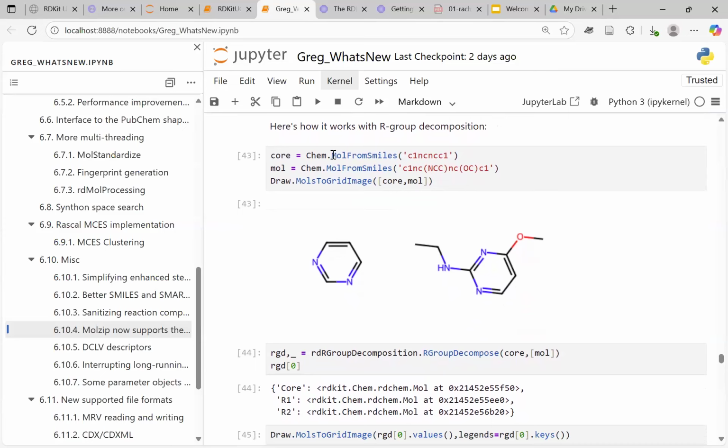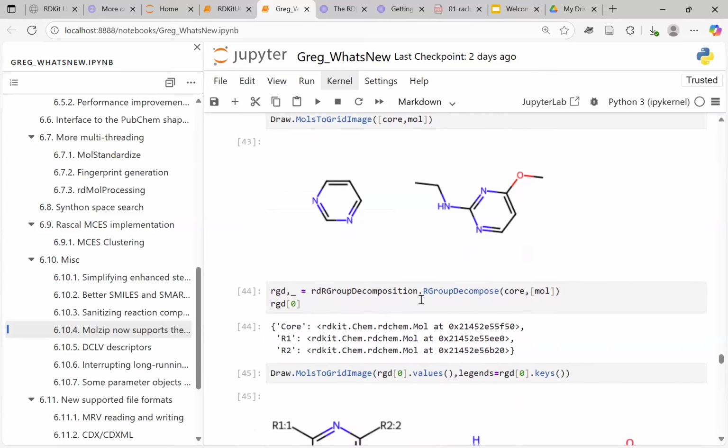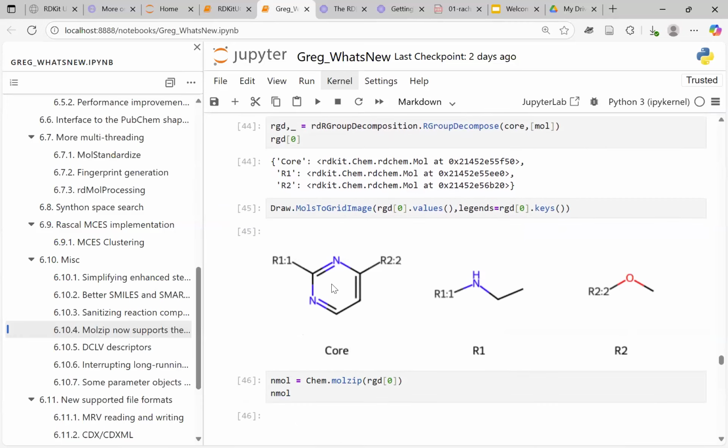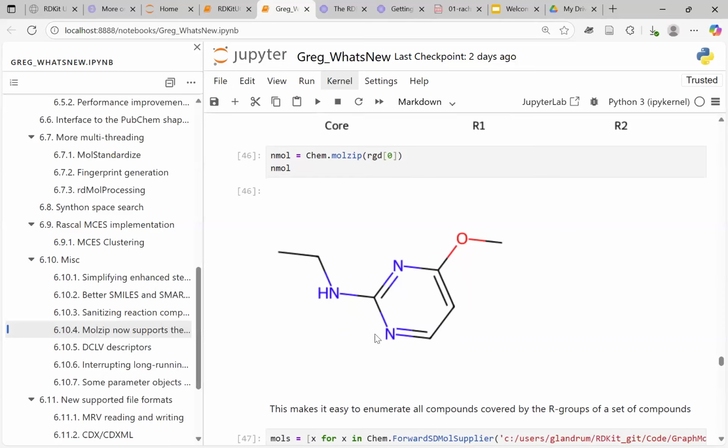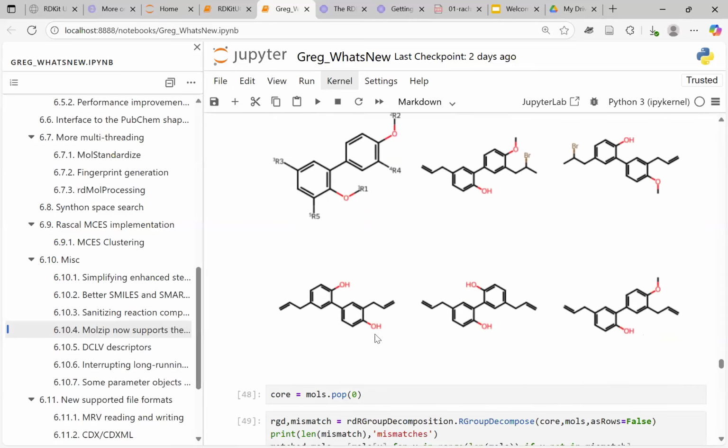So here I have a core, and I have a specific molecule that has that core. I do R group decomposition, so I get the core and I get the two R groups. You may notice this looks like the kind of input to molzip. So I can then give these back to molzip and it puts it back together and I get my molecule back. That is not interesting by itself, but if I decompose a bunch of molecules,